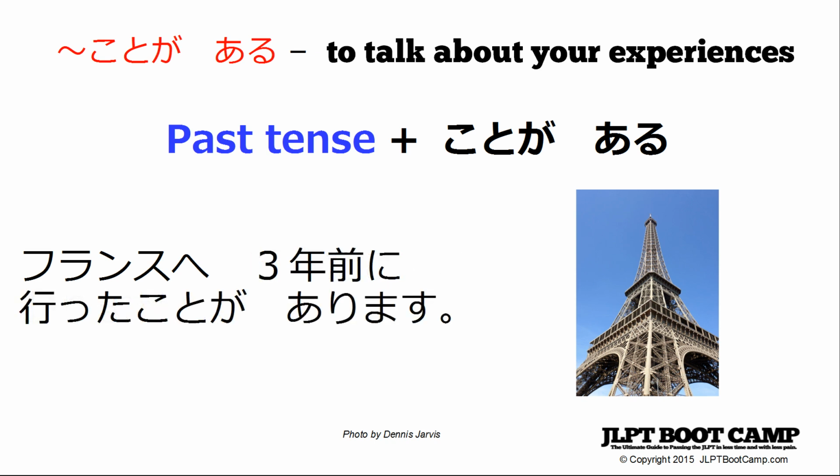One thing to keep in mind here, though, is in Japanese, you can actually use specific times. So normally in English, you can't say, I've been to France 3 years ago, but you can, it's not the same thing, obviously, but you can say that in Japanese in a way. So, for example, Fransu e 3 nen mae ni itta koto ga arimasu. So, 3 years ago, 3 years before, I went to France. I had the experience of going to France. Is kind of a weird literal translation there.